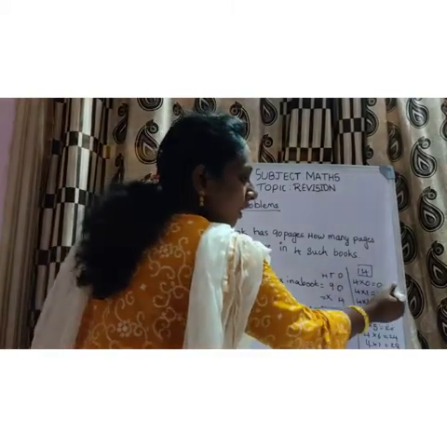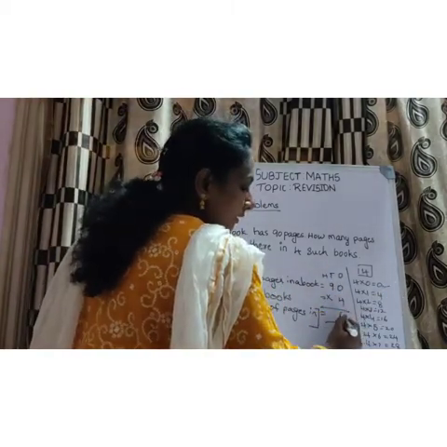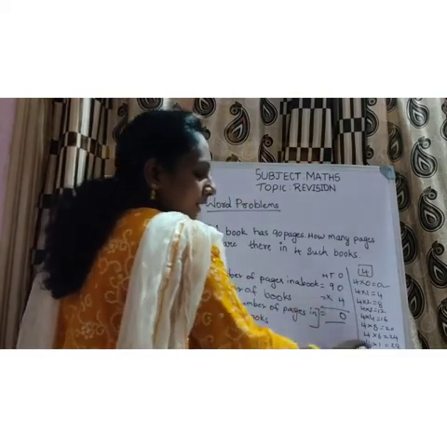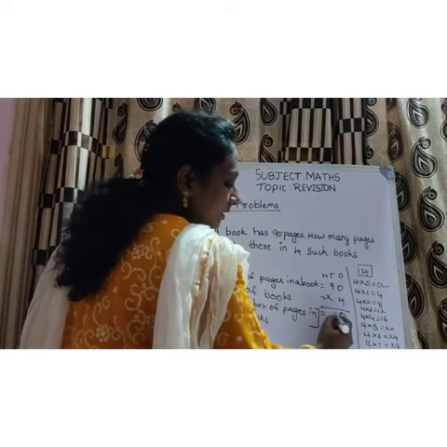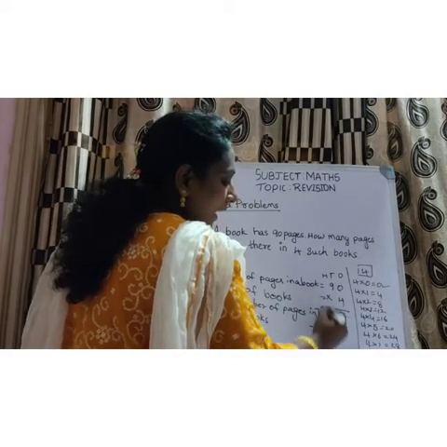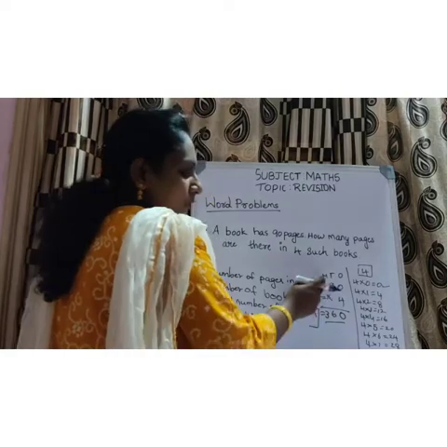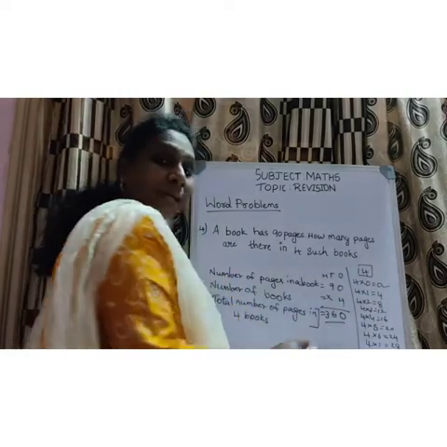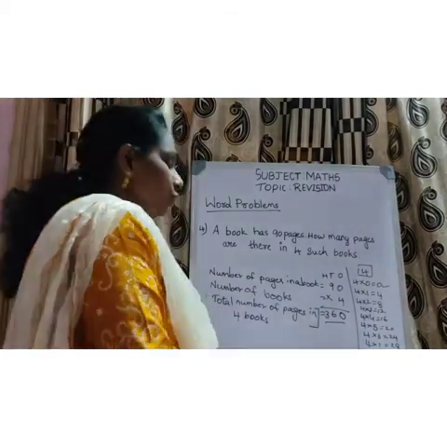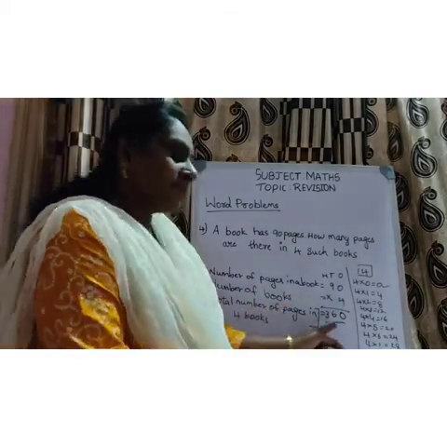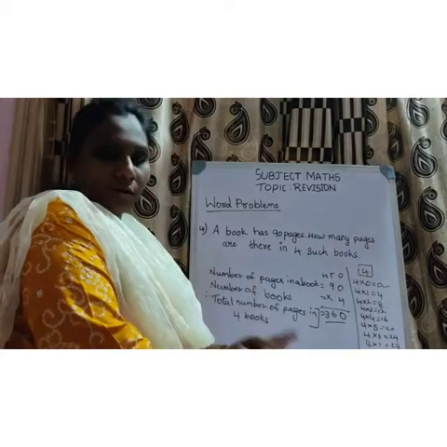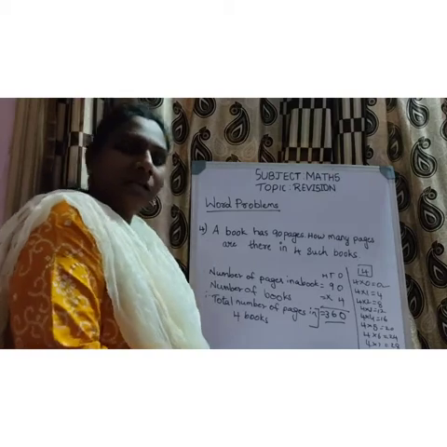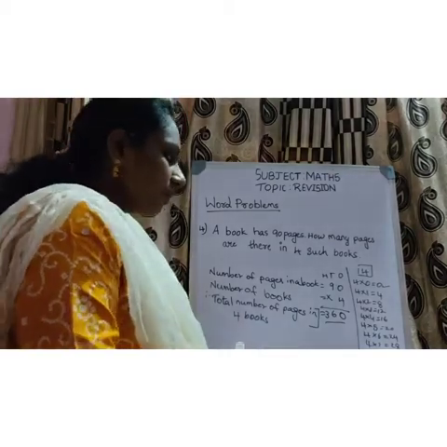Multiply. 4 zeros are how much, children? 0. Straight to ones place you should write 0. Now multiply 4 nines. 4 nines are how much? 36. 6 you write in the tens place and 3 you write in the hundreds place, because here you don't have any number to multiply, so directly bring down the carry over. Understood, children? So totally there are 360 pages in 4 books. Totally there are how many pages? There are 360 pages. Okay, children?